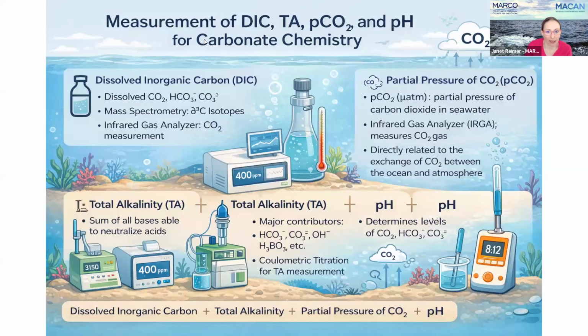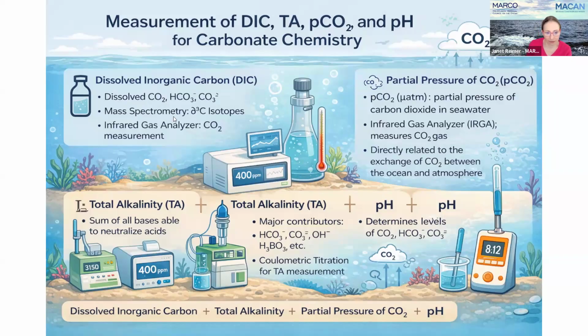When we measure carbonate chemistry, we're measuring, like I said, dissolved inorganic carbon, total alkalinity, the partial pressure of CO2, and sometimes we can directly measure pH. Of these four different parameters, we need at least two of them to be able to calculate the other parameters, which is great because that means you don't need to collect everything everywhere. So with that in mind, we started putting together some of our portal layers.